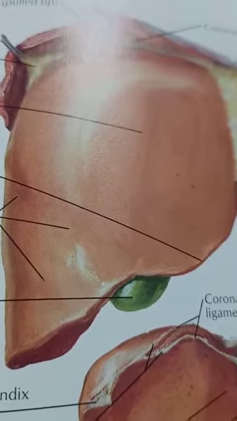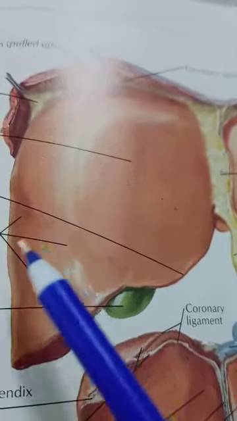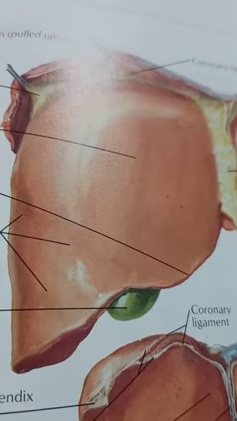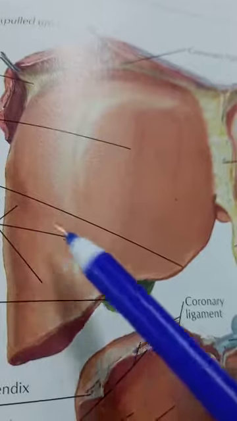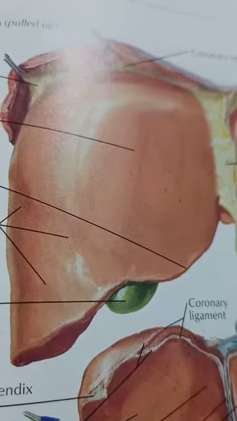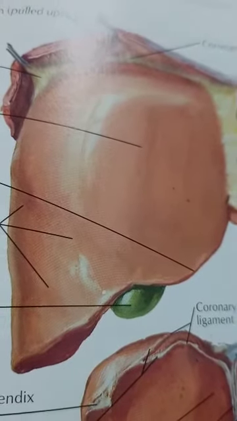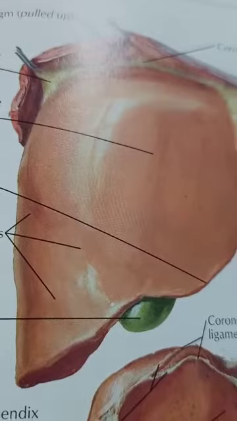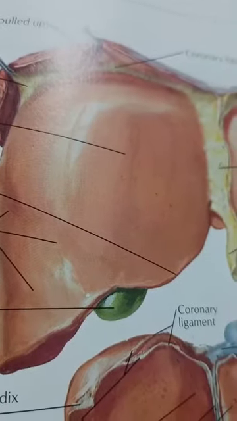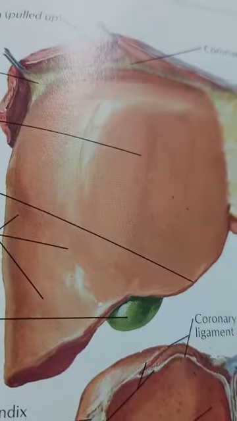And next is liver transplantation. We have already heard about liver transplantation. Liver tissue has the capacity to regenerate, so we can transplant half or some part of the liver tissue and implant it in other patients who have liver damage. That process is known as liver transplantation. So these are the main applied aspects regarding the liver.